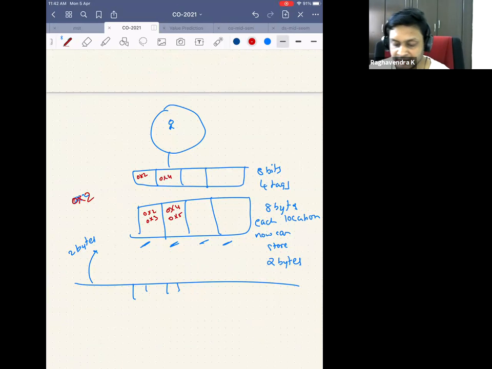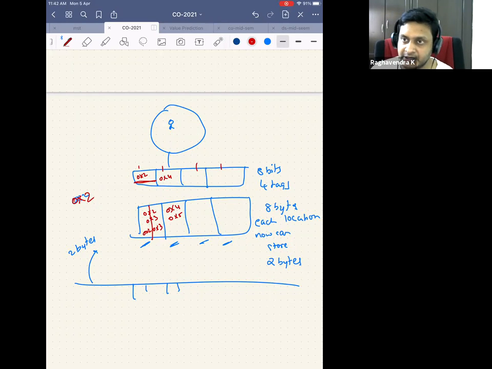Okay, this works because when the CPU generates 0x2 or 0x3 again, I search in all the 4 locations. Now the number of tag entries has reduced. I search in 4 entries. Since 0x2 is a hit or 0x3 is a hit, I know which byte to read. This byte is storing 0x2, this byte is storing 0x3. But now I figured out that I don't have to store 8 bits in the address because I can store only 7 bits. And the 8th bit is inherently stored.